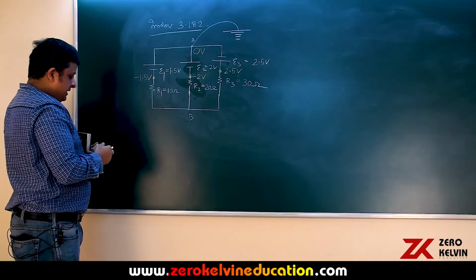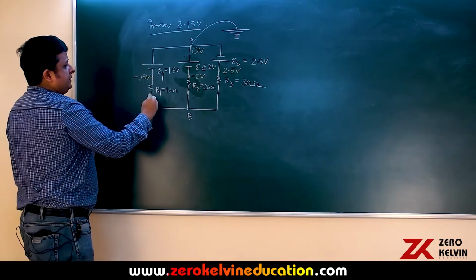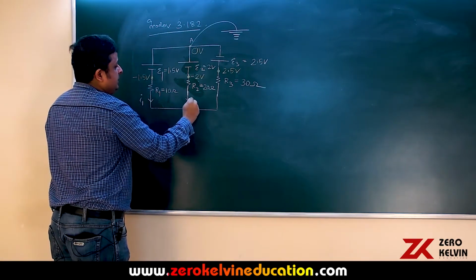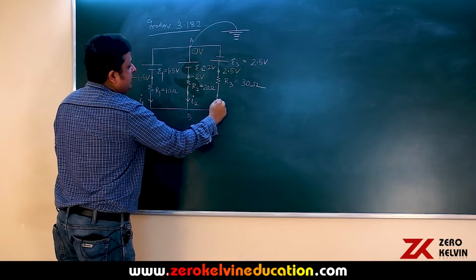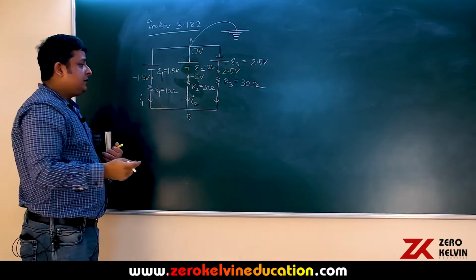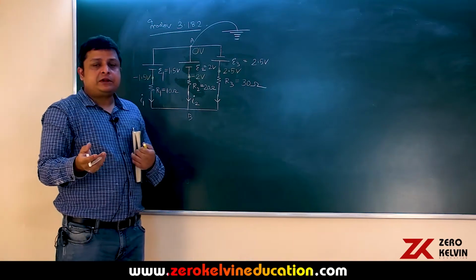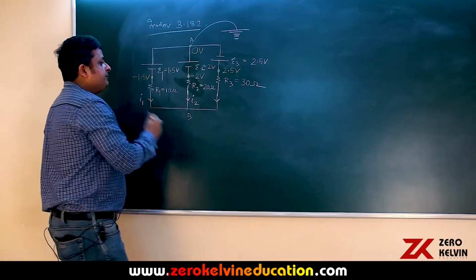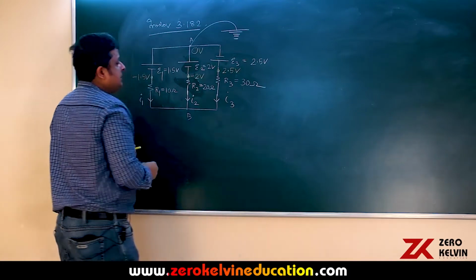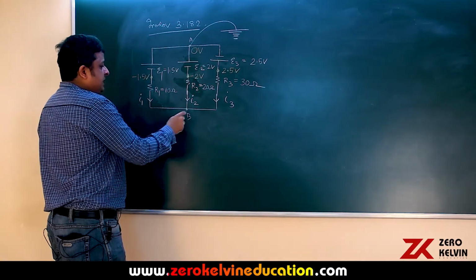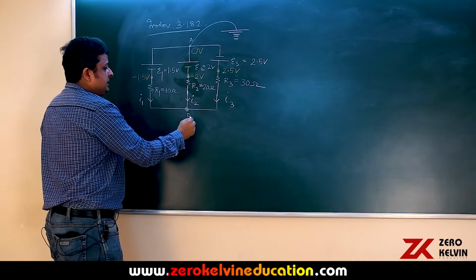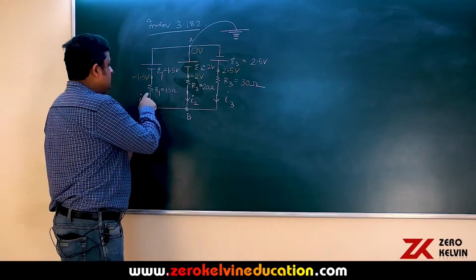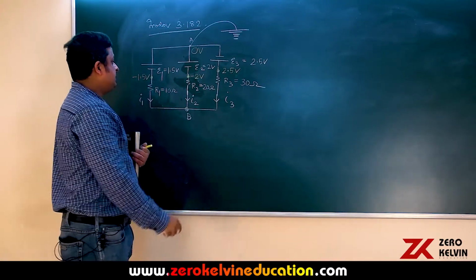Now there are currents flowing here. Let this current be I1. You can assume any direction you like. If the calculated value comes out to be positive, the assumed direction is correct. If it comes out to be negative, then it is reverse of the assumed direction. By the way, that's I3. Now we just apply junction law at this junction B, that is, the algebraic sum of currents coming into a junction is equal to 0. So I1 plus I2 plus I3 is equal to 0.